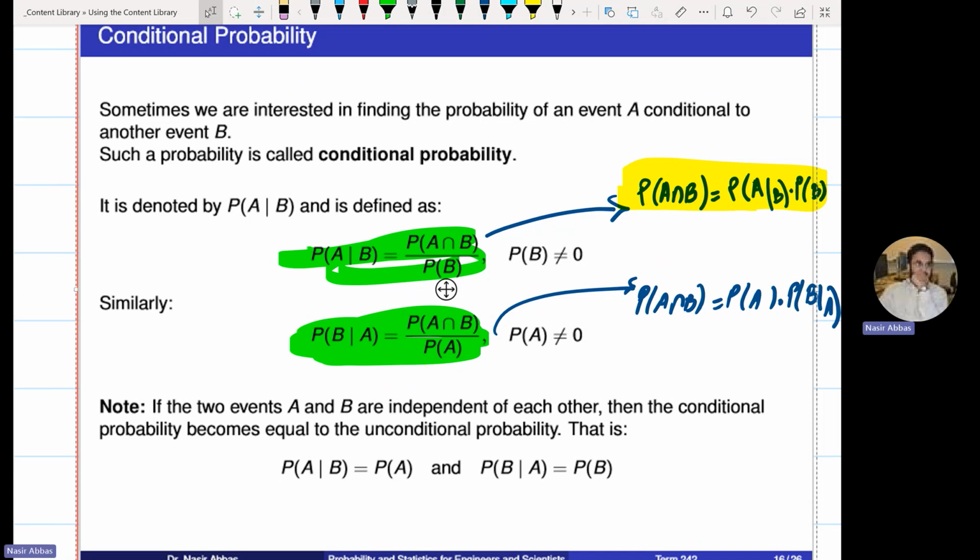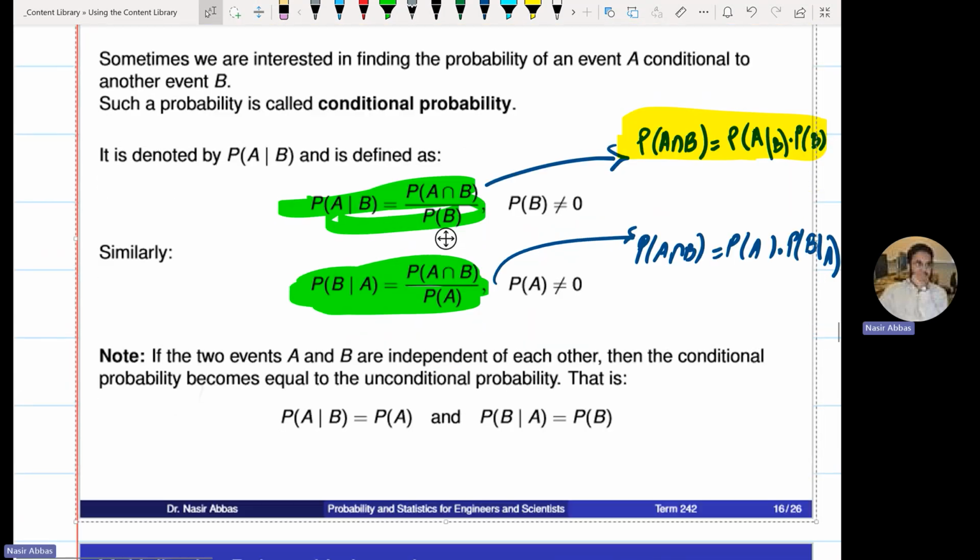So if I ask you to find the probability that a student will be able to read the font size and I took tea in the morning, what will be the answer? Find the two probabilities separately. Find the probability that student is able to read the font. Find the probability that I took tea in the morning and just multiply the two of them, if they are independent of each other. If they are not independent, apply these rules. Okay, so